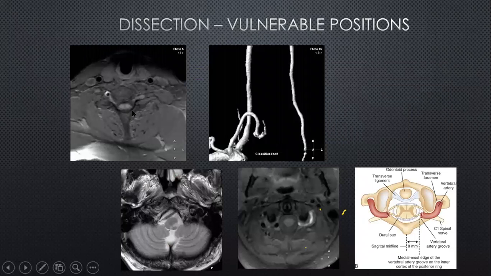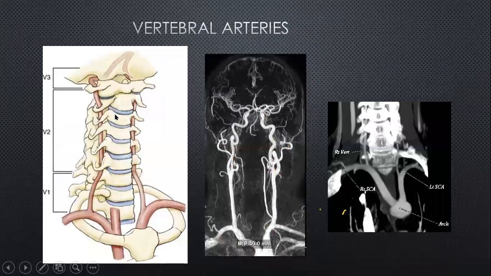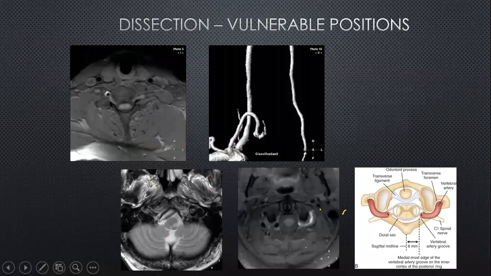And just to share some pathology over here. This is the cervical course of the right vertebral artery, and now you'll have picked up the abnormal flow void. You've got a normal flow void, the black area here. The white area is abnormal, and that is because of the hematoma, the dissection within the right vertebral artery. And these dissections can occur at two points. One, if I were to just go one step back, it can occur here where the artery goes from being relatively mobile to a fixed position. And the second portion is where it can change direction from the V2 to the V3 portion. So these are the two vulnerable areas of the vertebral artery, and this is one vulnerable area.